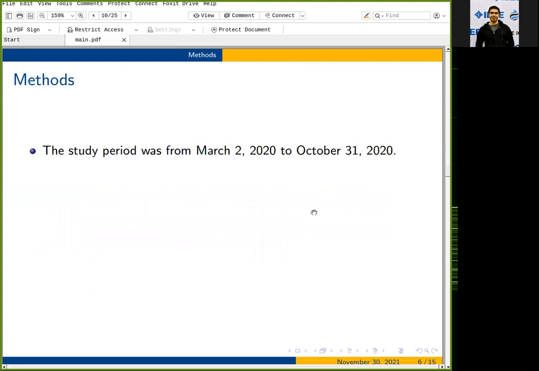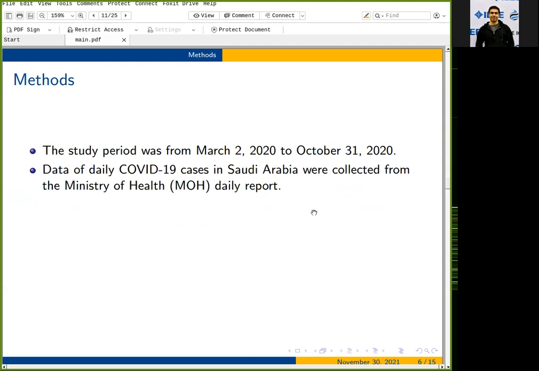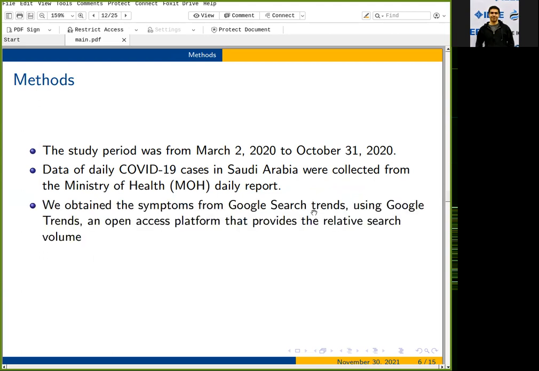So what are our methods? First, we started to collect Google Trends data from March 2nd to October 31st, 2020. Data of daily COVID cases in Saudi Arabia were collected from the Ministry of Health daily report. We collected this data also, and we obtained the symptoms,